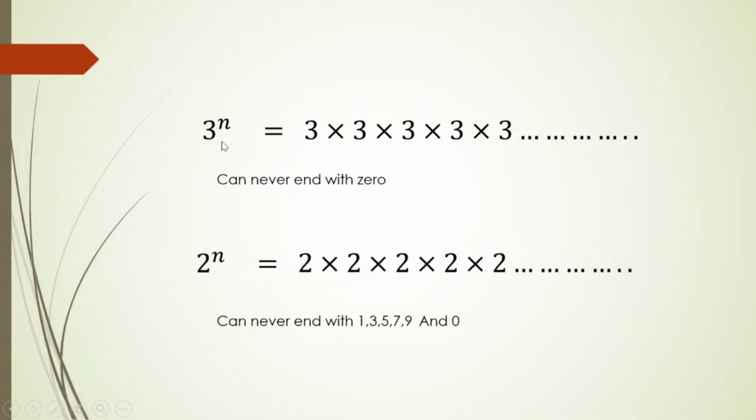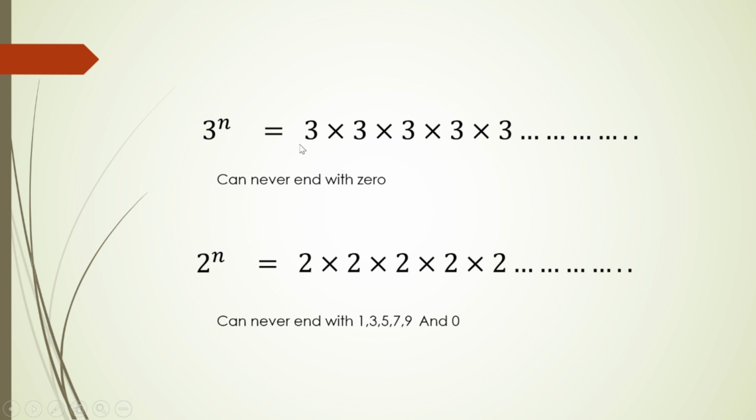Okay. One more thing. See, this is the prime factorization of a number. I didn't write the number. I've just given this form. This number is not fixed because here we have variable 3 raised to power n. This can be 10, this can be 20. N can be anything.